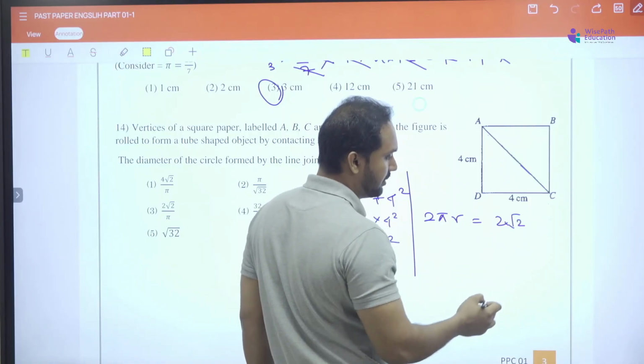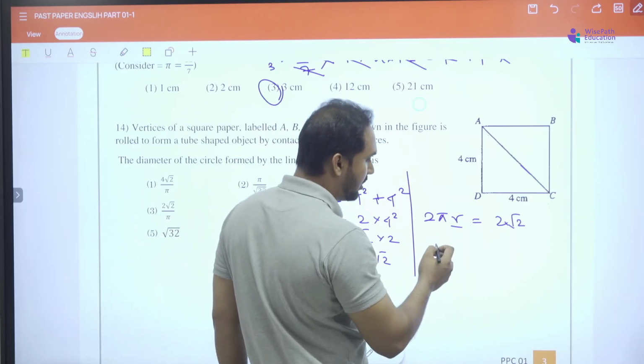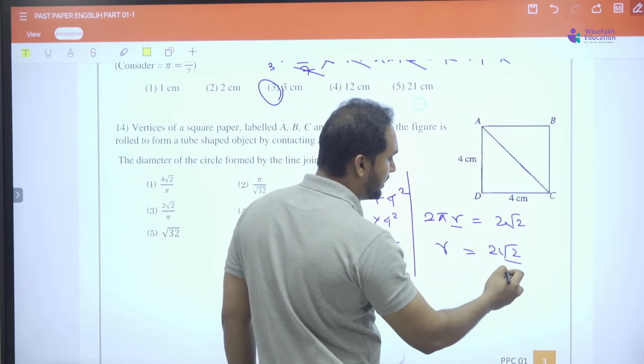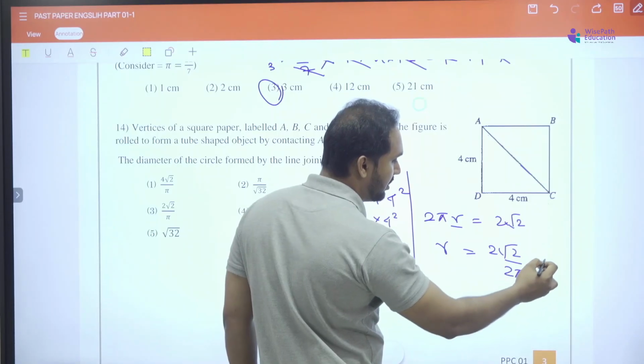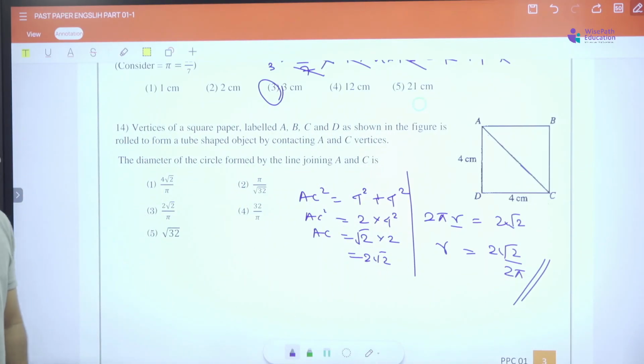Isn't it? 2 pi r is equal to 2 root 2. So you want the r, you isolate the radius, that is 2 root 2 over how much? 2 pi. Answer is what? Answer is not